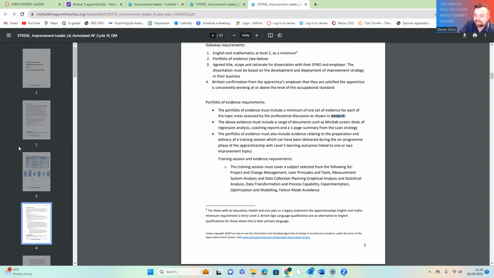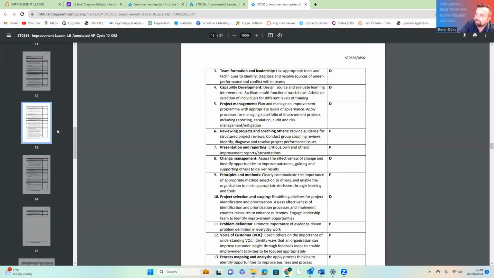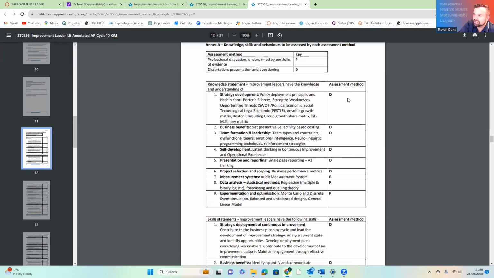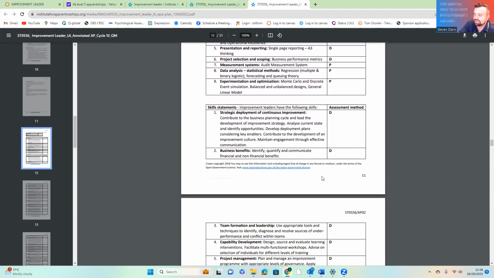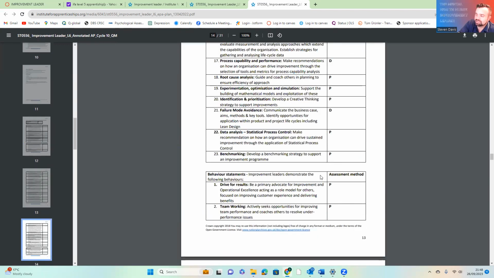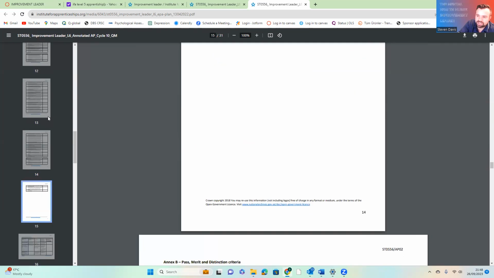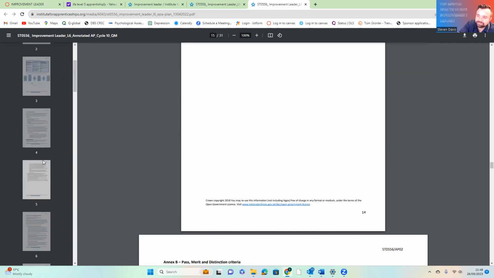And down at the bottom in Appendix A, if we go down here, Appendix A tells us what we're going to use this for. So we've got our portfolio for the professional discussion and the presentation. You can see here that where it's got a P, that's where we need the pieces of evidence for the portfolio. If it's marked with a D, then that's obviously for the discussion piece. And then you've got your grading criteria at the bottom. So if we go back,